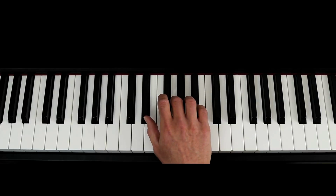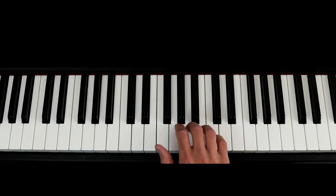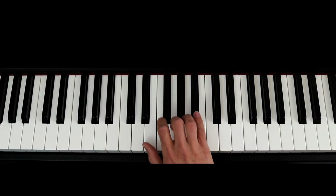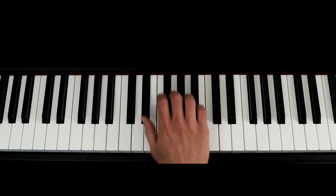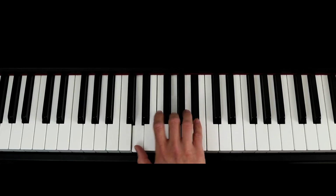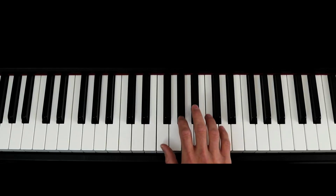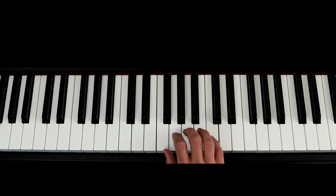Now, stay on that chord, play it again, 2 beats, move up to your F major chord, F, A and C, and then these 3 chords, D, G, B flat, C, F, A, and E flat, G, B flat. So that looks like this. And then the final 3 chords of the verse, F, B flat, D, back to your F major chord, F, A, C,